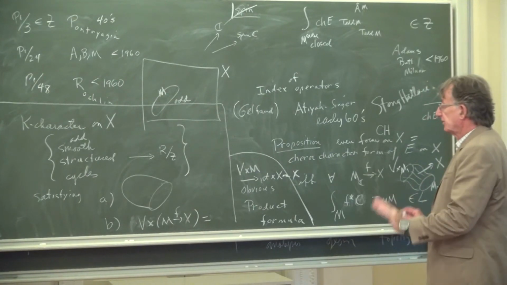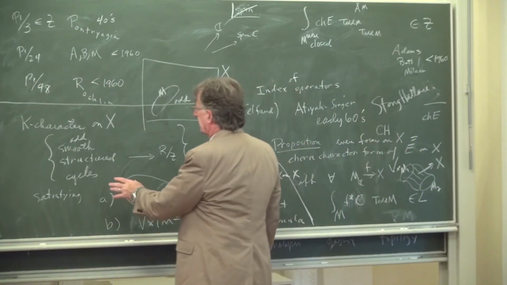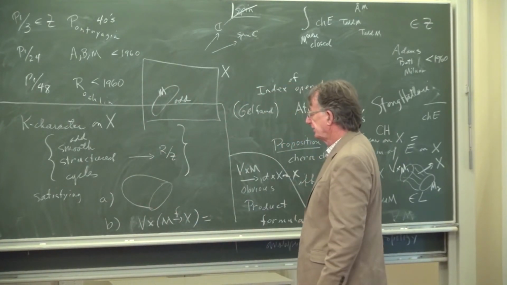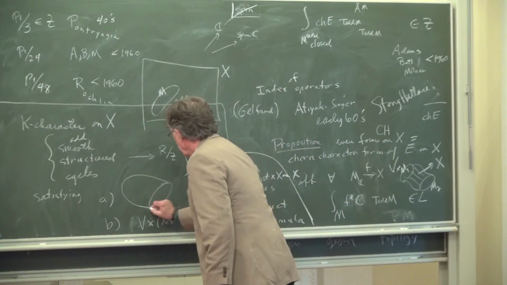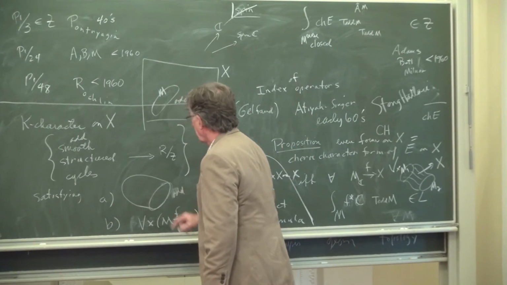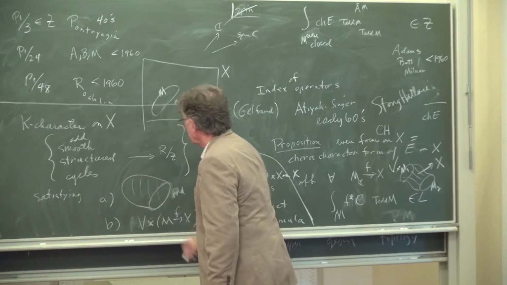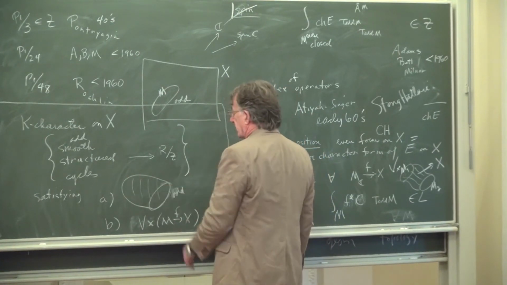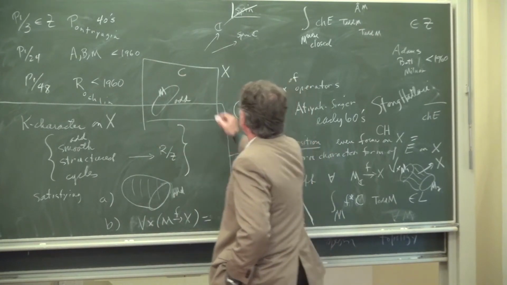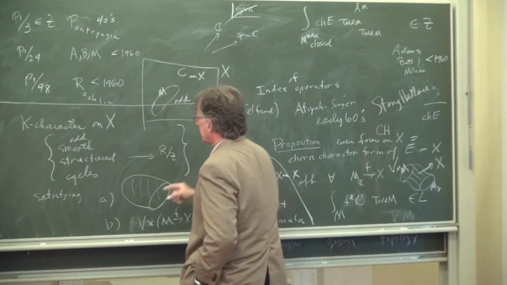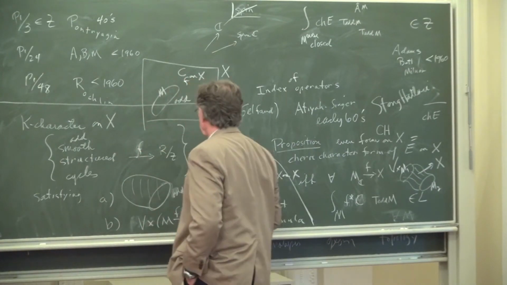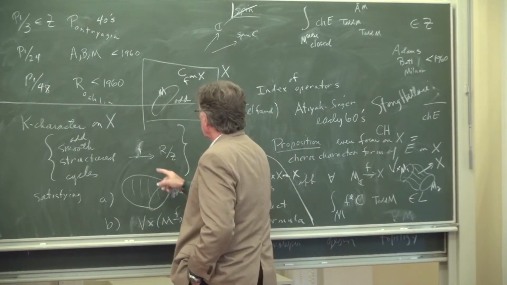Then, to any such thing, you have to give a number in R mod Z. And it has to satisfy two properties: whenever the odd thing is the boundary of something, there's some differential form C on X so that this number,